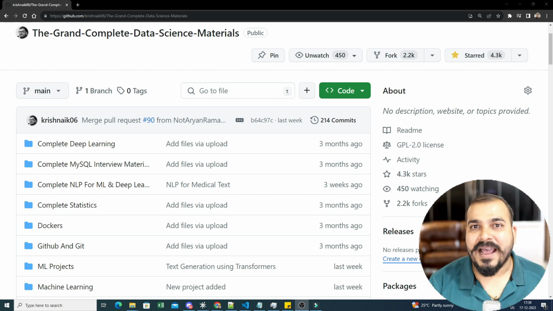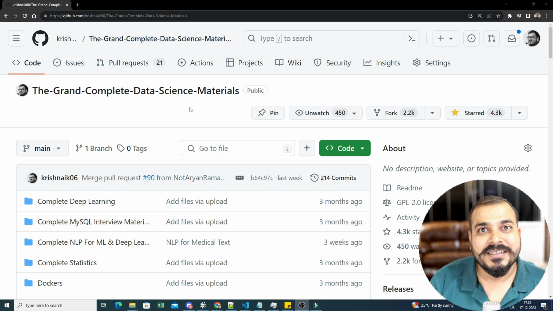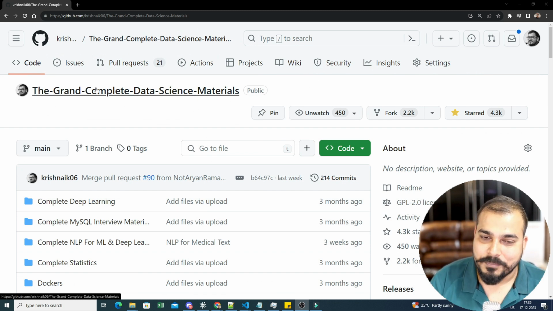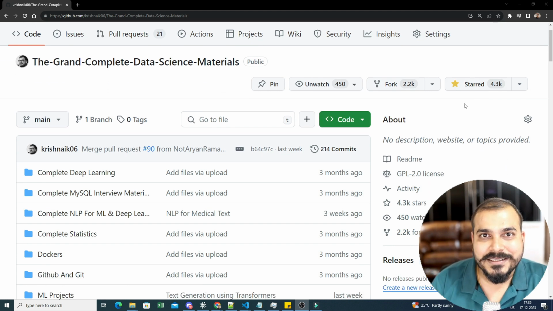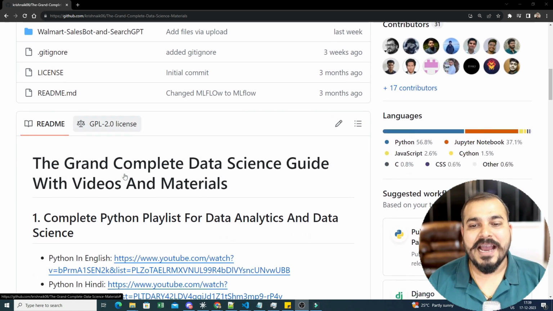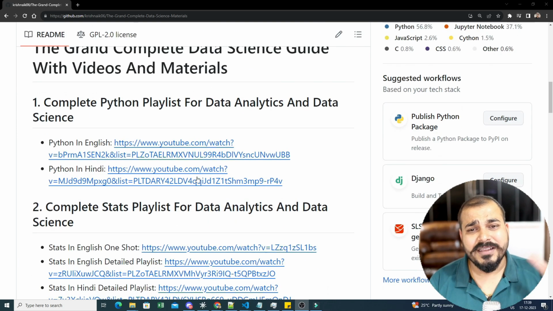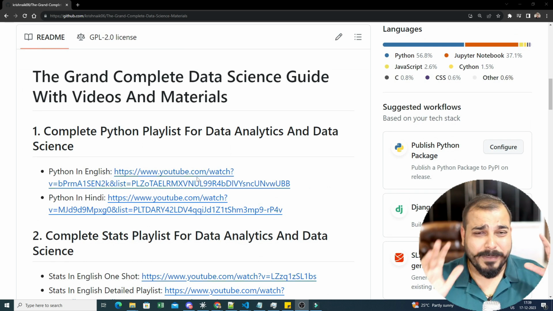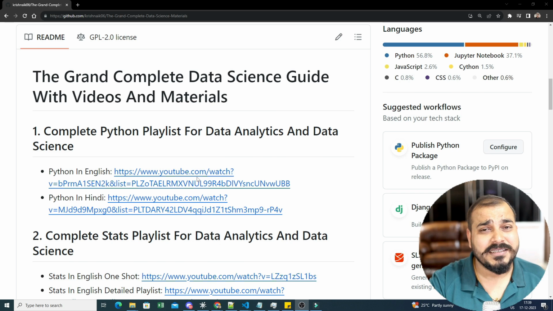So 1 month back, let's go back 1 month. I'd created this repository which is called the Grand Complete Data Science Material, and this repository has become trending on GitHub with 4.3k stars, and forks were somewhere around 2.2k. This repository has all the materials along with videos, handwritten notes, everything with respect to data science. If you're planning to get into the data analytics industry, as a data scientist or data analyst,